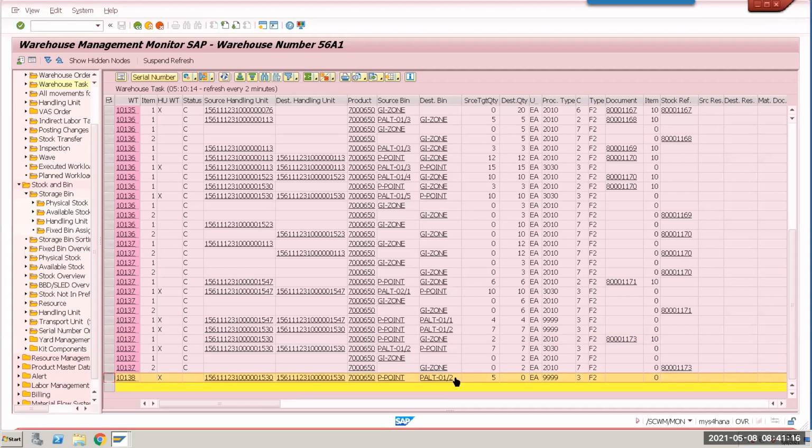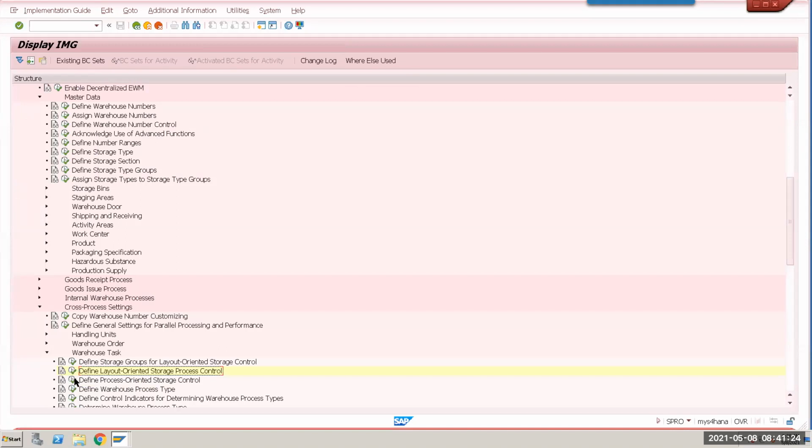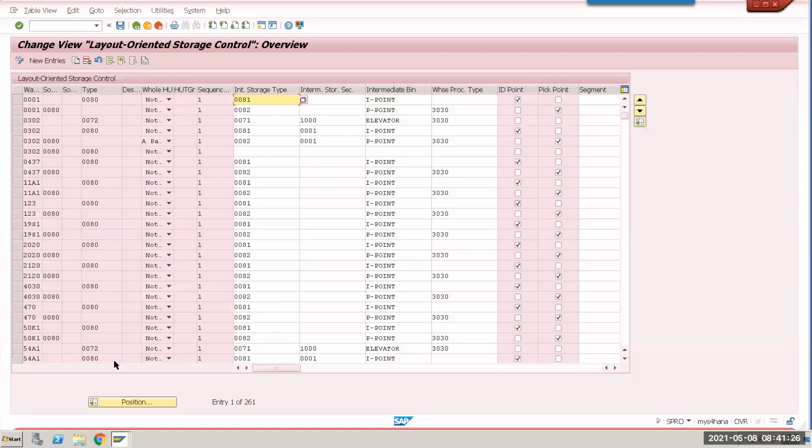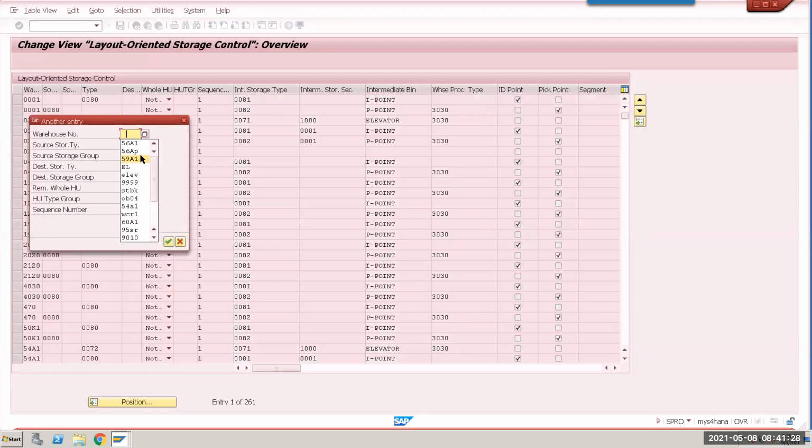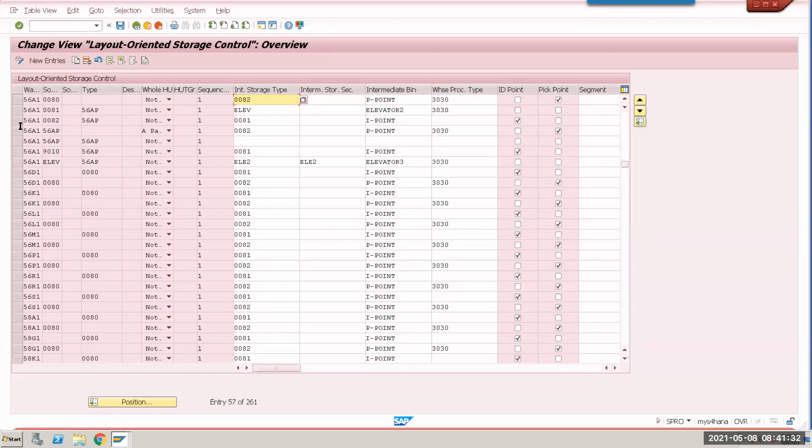Pick point to pallet, directly going to this point. But I maintained the table, right? No, you did not maintain it. 0082, that source you have to change, right? Yes, that interim entry we have not maintained. I did that, right? No, you have not. See this? If it is 82 to this one, it has to go to pick point.